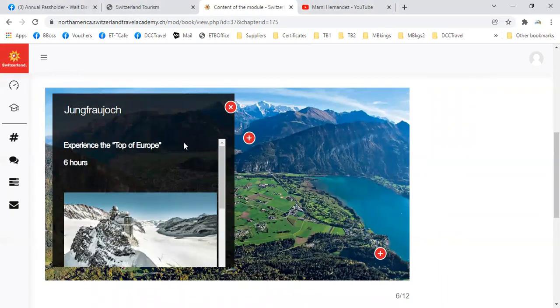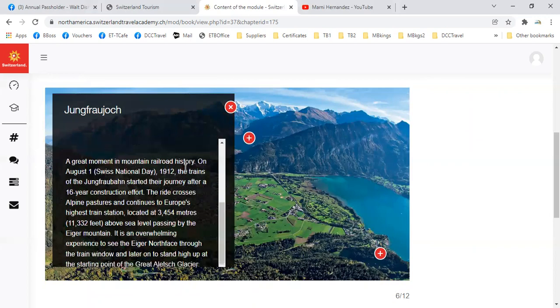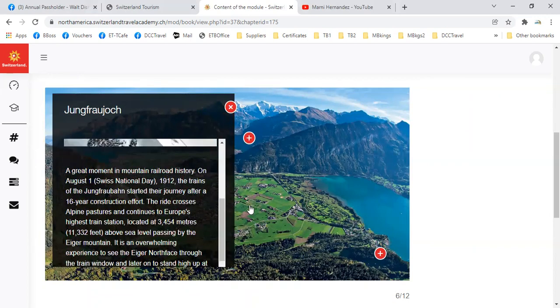Jungfraujoch, experience the top of Europe, 6 hours. Great moment in mountain railroad history. On August 1st, 1912, the trains of the Jungfrau Bahn started their journey after a 16-year construction effort. The ride crosses alpine pastures and continues to Europe's highest train station, located at